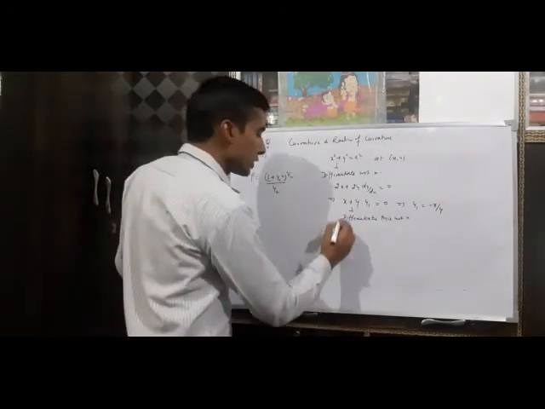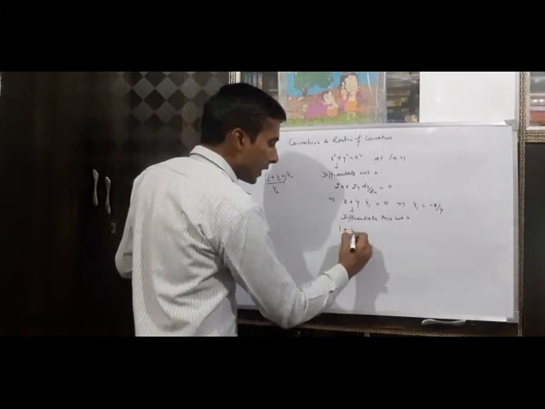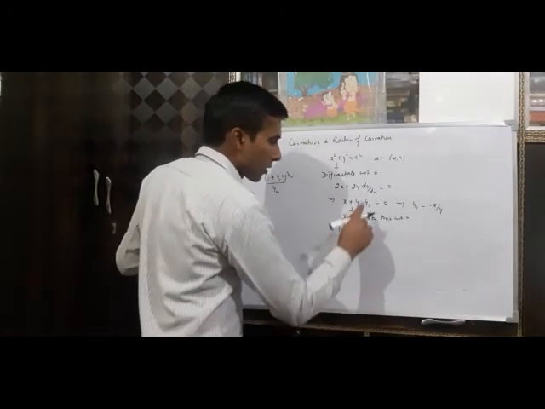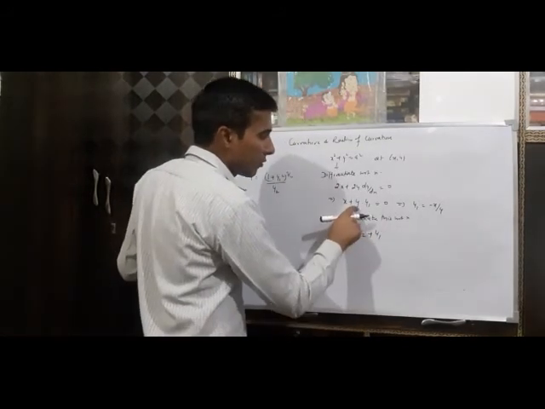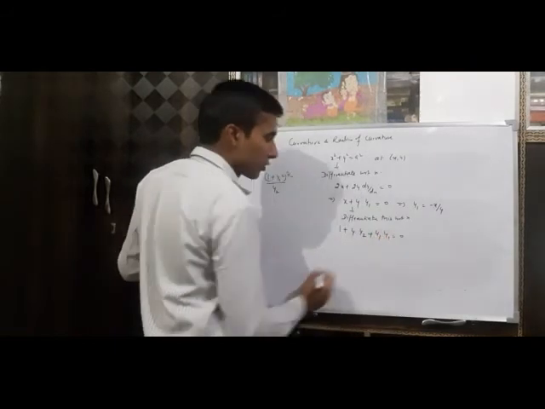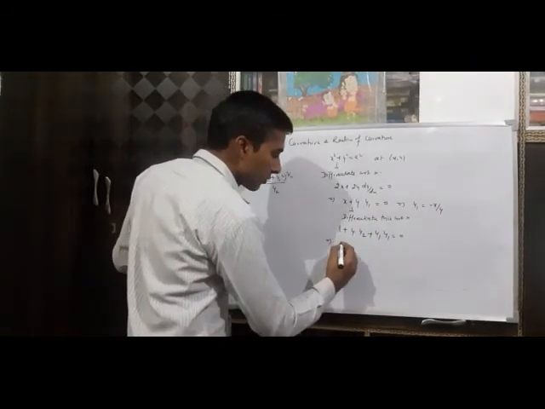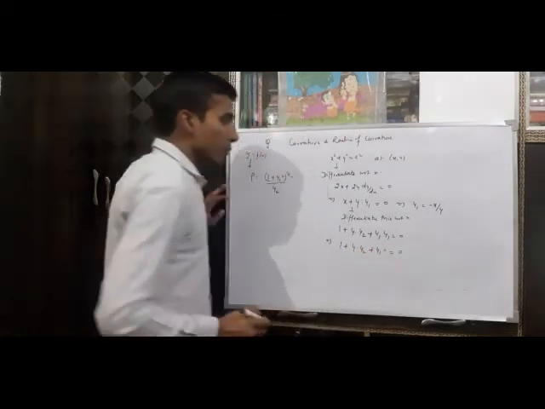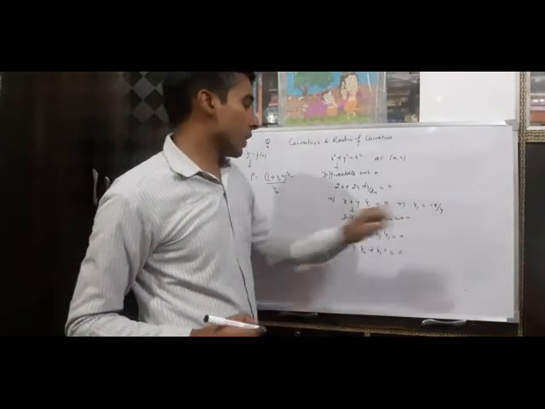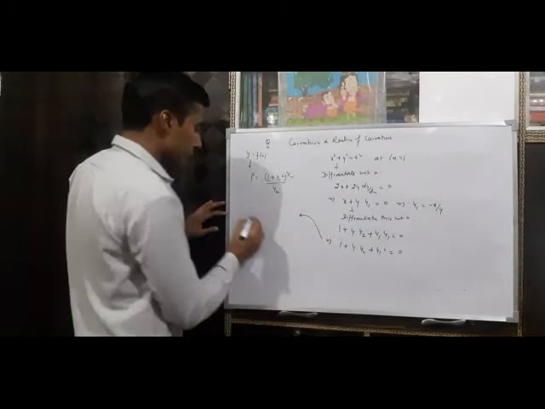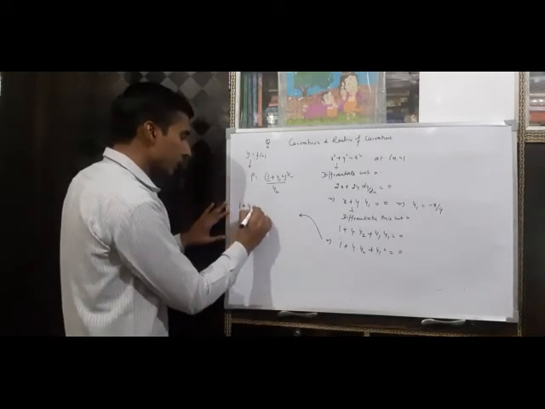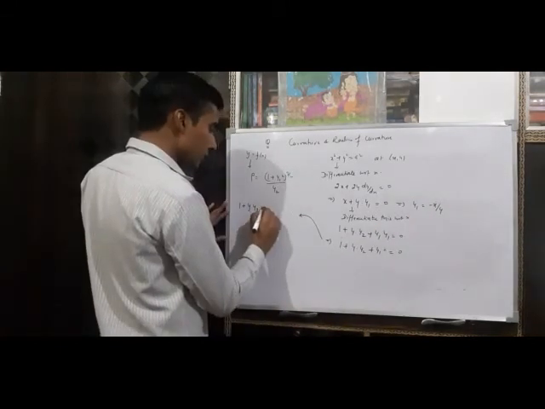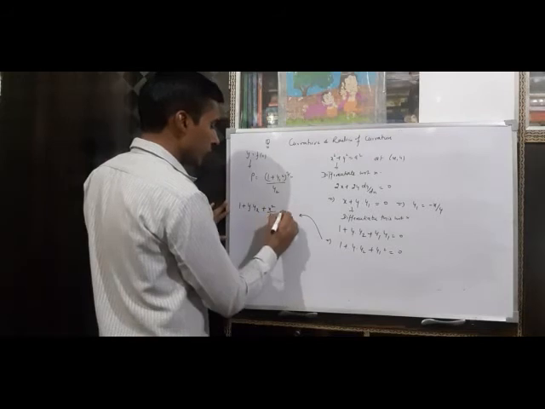What we will get? This is 1 and this is y as it is. The derivative of y1 is y2 plus y1 as it is, and the derivative of y is also y1, and this is equal to 0. So from this we get the equation 1 plus y into y2 plus y1 square equal to 0. If we put the value of y1 as minus x by y, this equation gives 1 plus y into y2 plus y1 square, which means plus x square upon y square equal to 0.